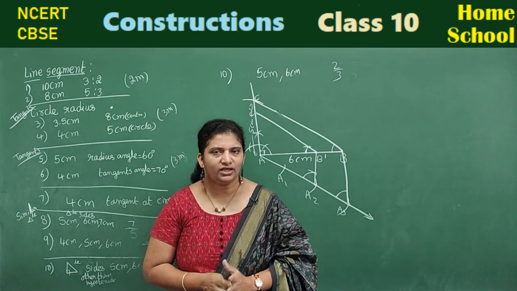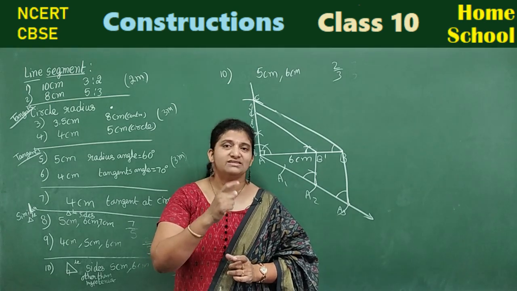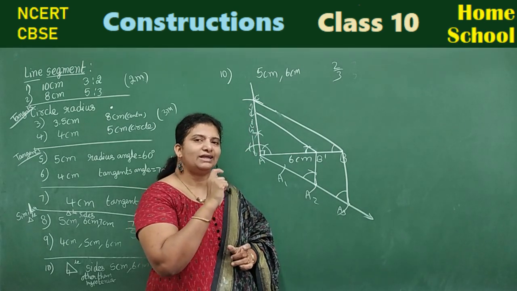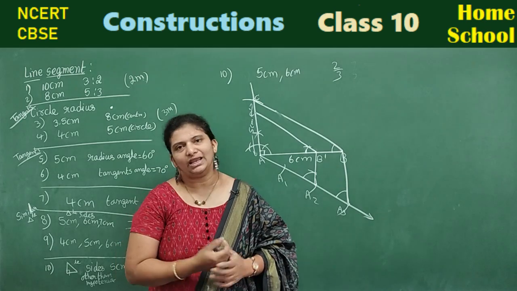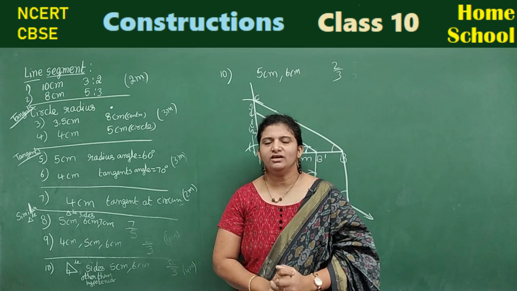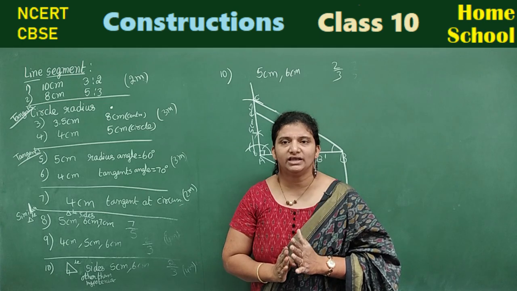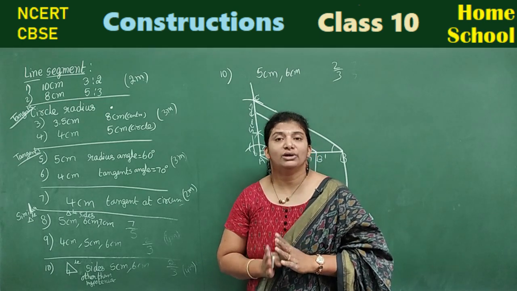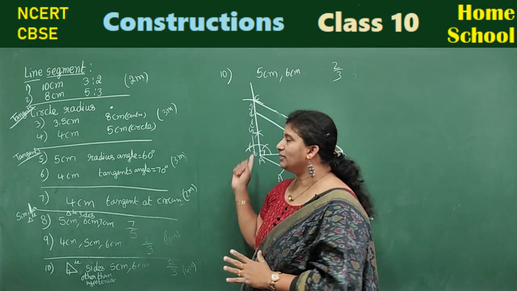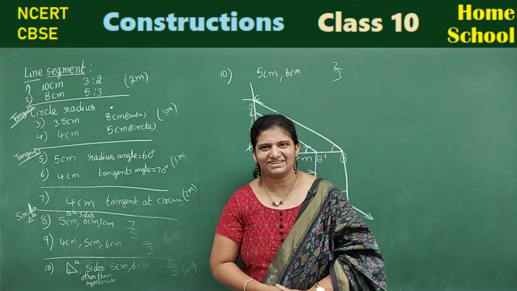Try to think carefully. Draw the original triangle first. Observe the ratio. See which is greater. That many arcs you need to do. And what is the denominator? At that denominator point you need to join the end point of the triangle. Construction is very, very easy, children. You are definitely going to get full marks if you are able to write the given data, observe whether the figure you have done is right or wrong, and write all the measurements perfectly. You are going to get full marks in constructions.